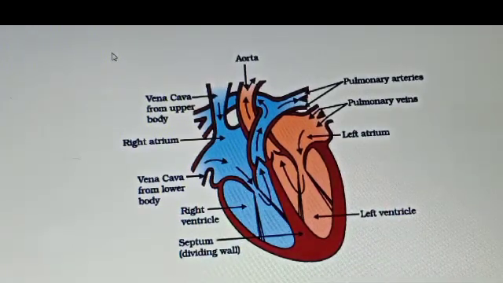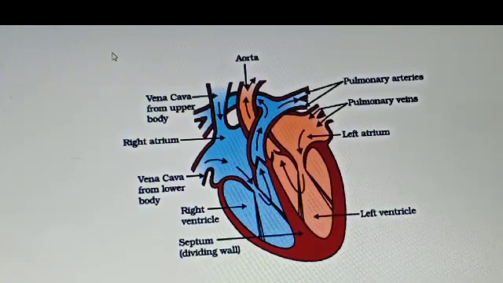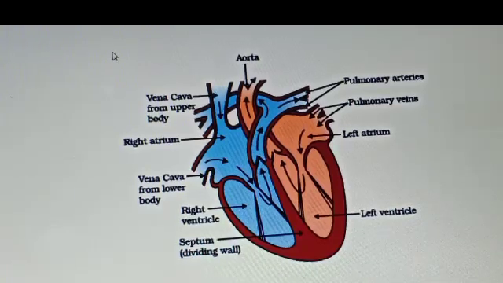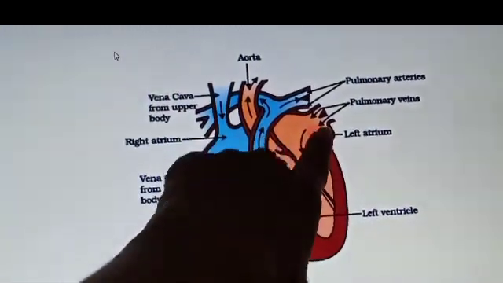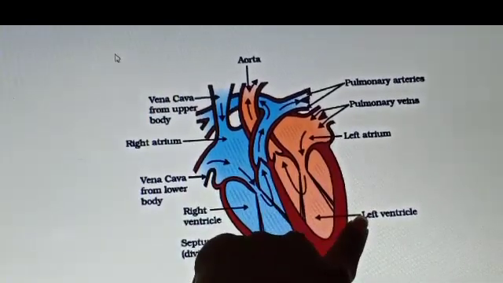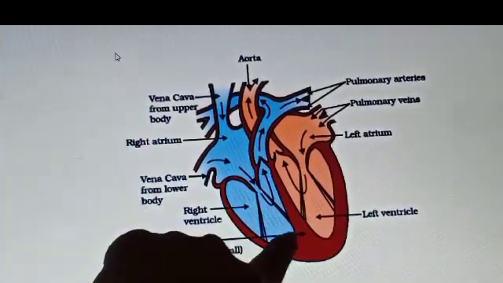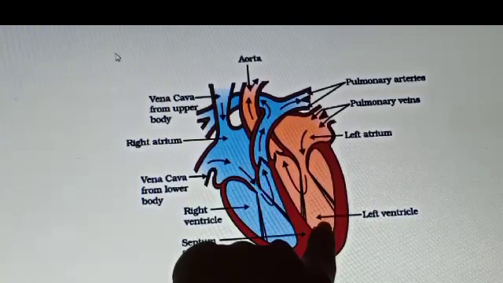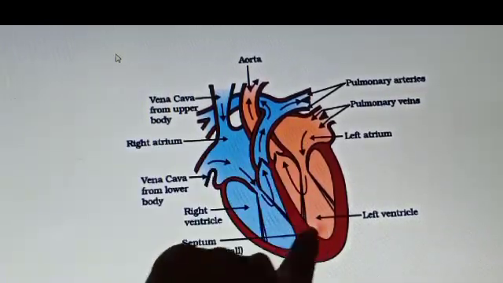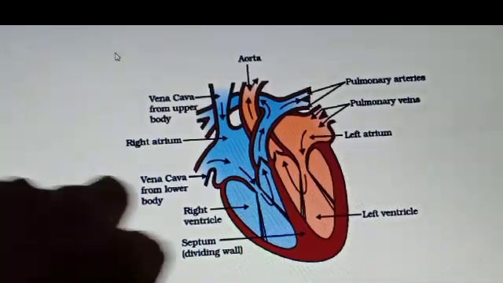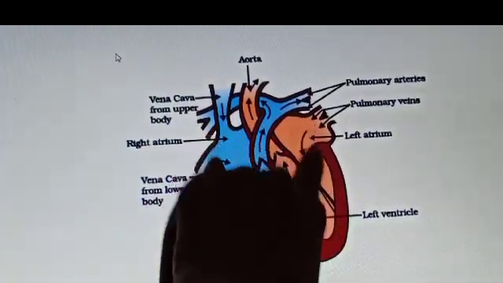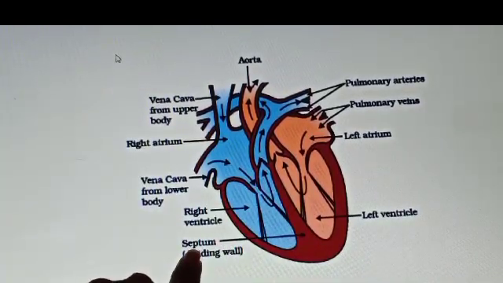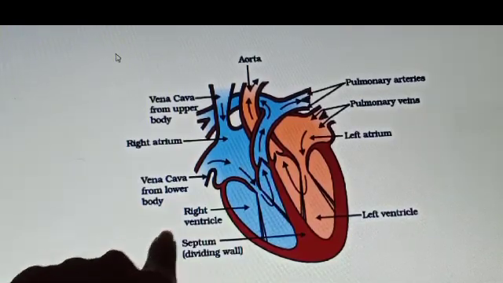Now the next figure is of the human heart. You can see the structure of the human heart over here. In that you have to first draw the right atrium, left atrium, right ventricle and left ventricle. As we denote the deoxygenated part with the blue color, and the oxygenated blood is denoted by the red color. As you can see, both the right and the left part of the heart are divided by one membrane that is called the septum.